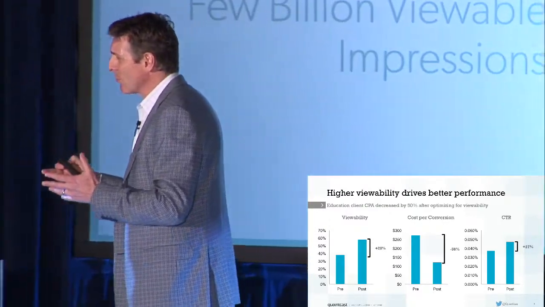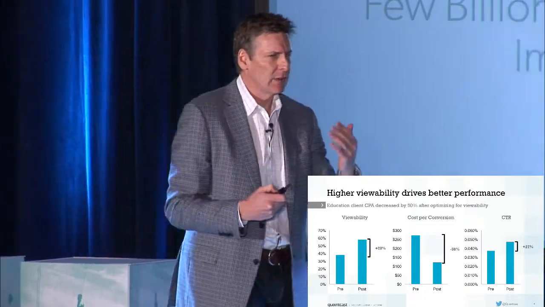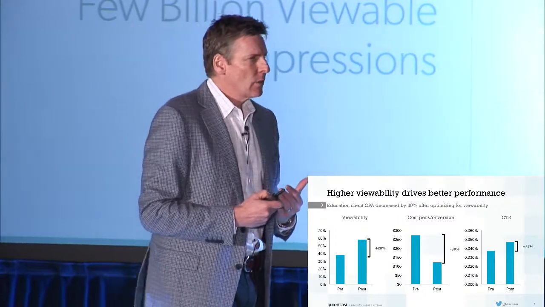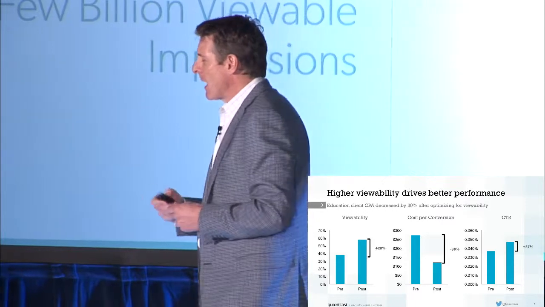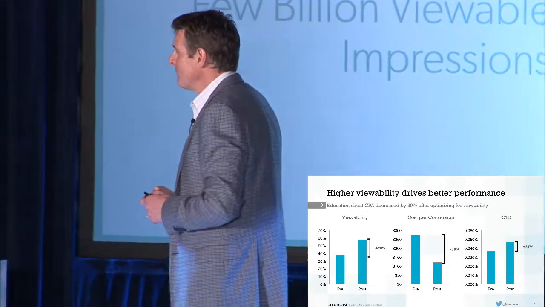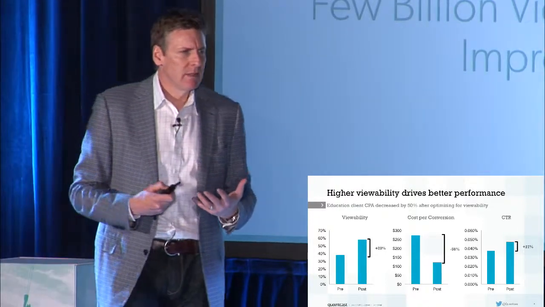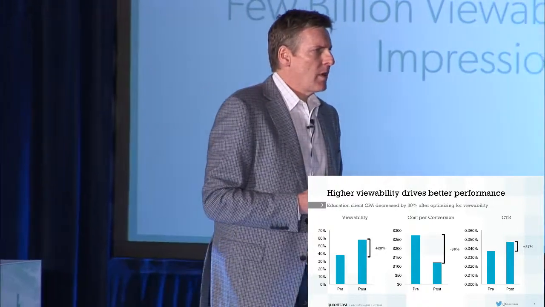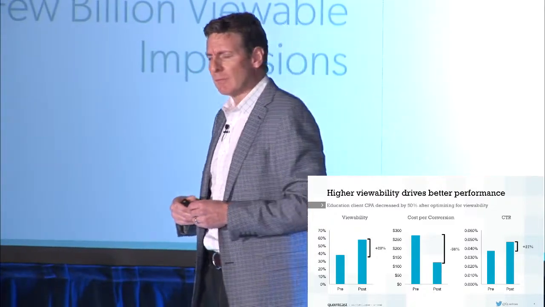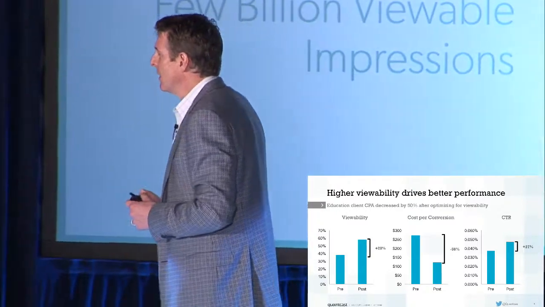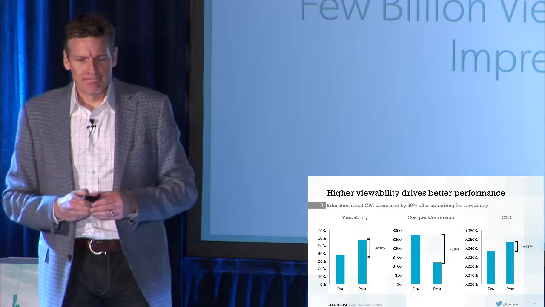So when we start to target, we're going to be going after cookies and individuals in the exchanges that we wouldn't normally go after because we're being held to that viewability metric. So it's the balance of finding the sweet spot between those two. And at Quantcast and many other tech companies out there, it's all about machine learning, data, and algorithms to be predictive about trying to understand whether that ad's going to be in view. And let's be clear, it's a prediction. We're dealing with human behavior, right, and many other factors. So it's very difficult to understand if that ad is going to be served in view or not.